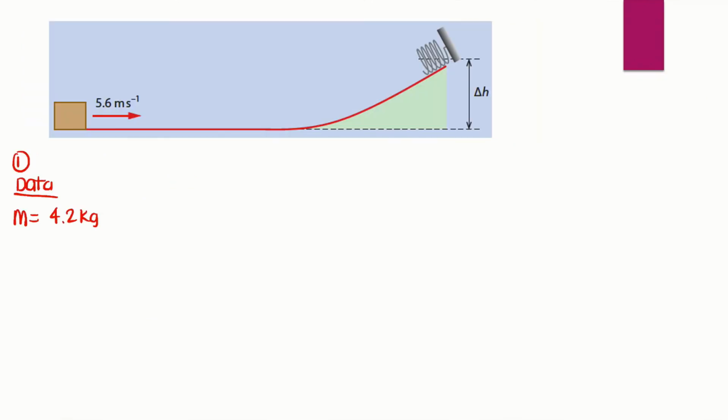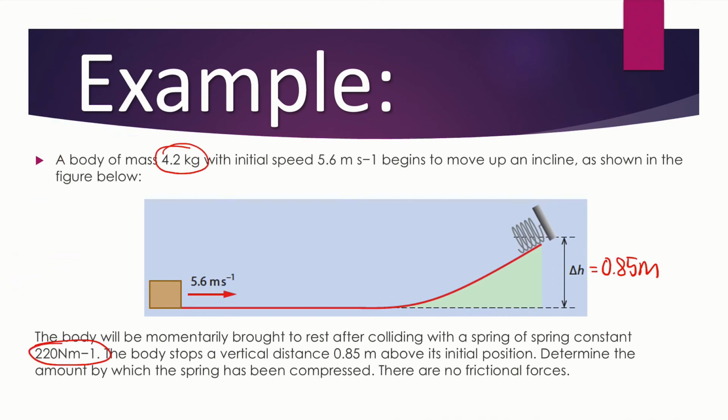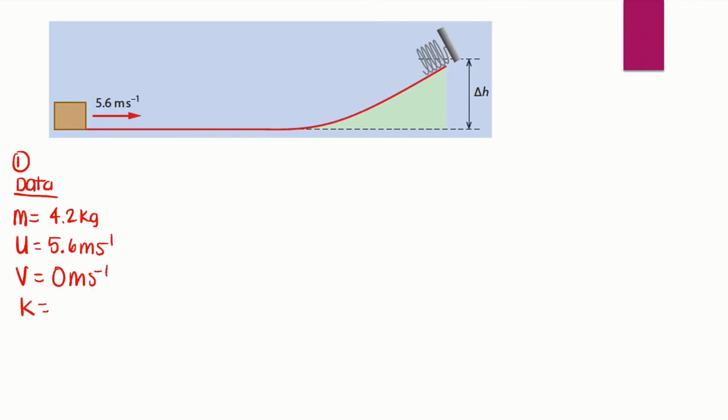Its initial velocity is going to be 5.6 meters per second. And because the object is going to move from here to here until it stops, the final velocity is going to be 0 meters per second. We also have the spring constant, K, which is 220 newtons per meter. And we also have this height, which is 0.85 meters. So height equals 0.85